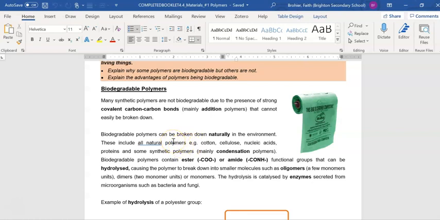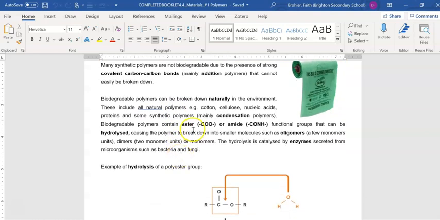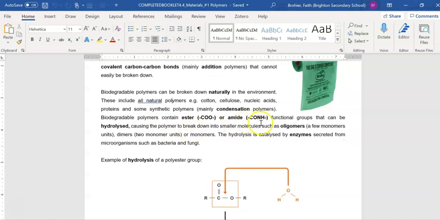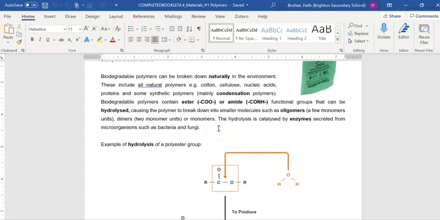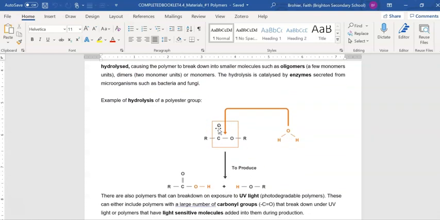So all natural polymers can be broken down naturally in the environment, because if they contain ester or amide functional groups, they can undergo hydrolysis. Hopefully this is bringing back what hydrolysis is, when you use water to break up an ester or an amide. That will cause the polymer to break down into smaller molecules, such as, and this is a new word, oligomers, which is just a few monomer units, dimers, which is two monomer units, or monomers. So as an example of hydrolysis, if you use water, you can break this molecule up here into the alcohol and the